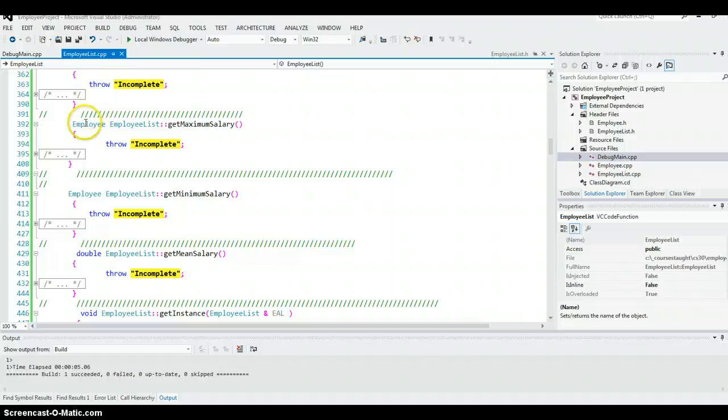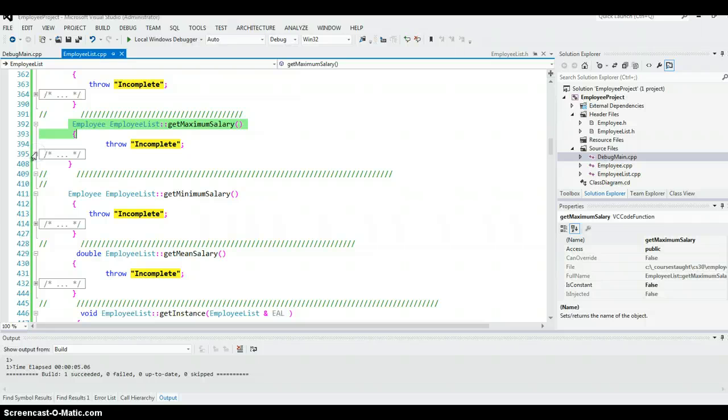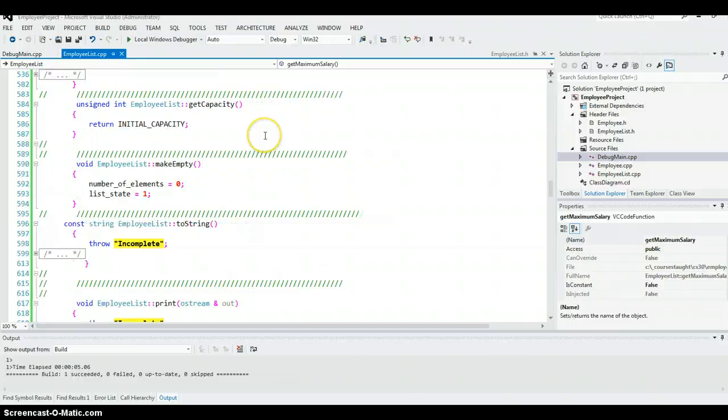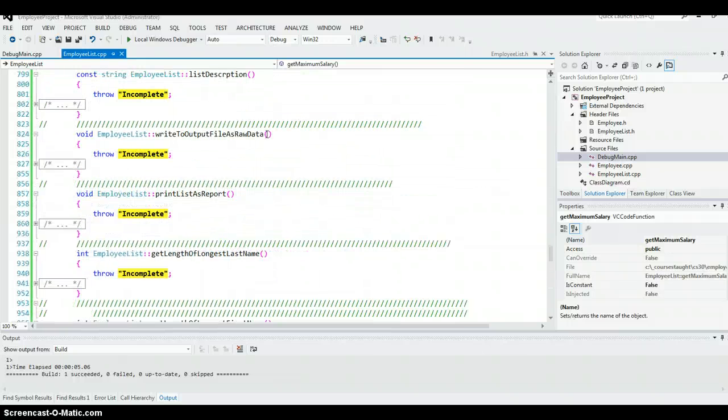Every function should have the header line, left brace and right brace uncommented. Any code there is commented out because we don't know where the error is. And then this line throw incomplete is there in all of them. When you put a throw statement, that means the function is considered compilable. Okay, so I've done that for all the 38 functions, or 40, I think, I don't know how many there are, maybe 43 or something,